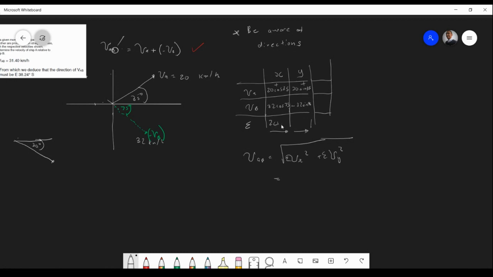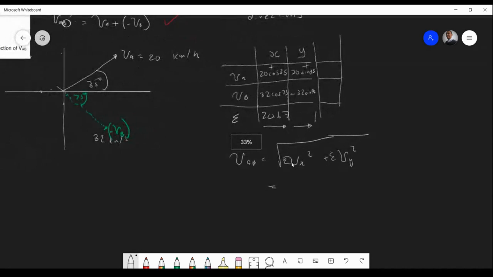Should get 24.66, or rather 67. So it's 24.67. And then we have 20 sine 35 minus 32 sine 75. Get minus 19.438. And if you find the vector sum here, 24.67,